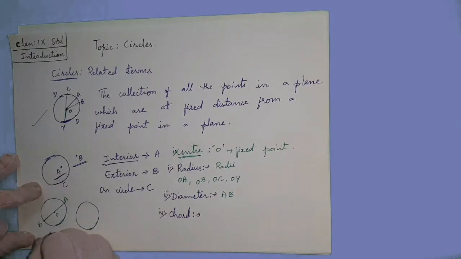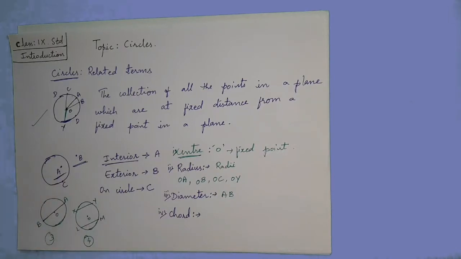This I have drawn for the third, this I am drawing for the fourth definition. Here, if suppose I am joining the 2 points XY, this is your center point, and this I am taking LM. So what you call this, XM and LY, these are nothing but the chord. Chord is nothing but a line which is joining any 2 points on the circle. जो भी 2 points को circle के join कर रहा है, that line is called as chord.